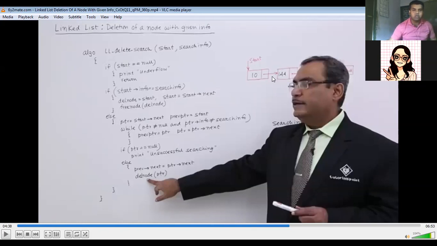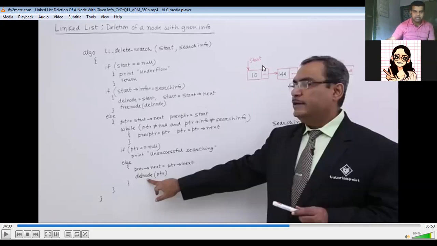Also, once you delete the node, the value also needs to be deleted, and this entire node needs to be freed up so that no memory remains occupied. So this free node concept has been introduced in the algorithm: once you delete the node, you can free the node with no value, so the node is empty and can go back into the memory heap.